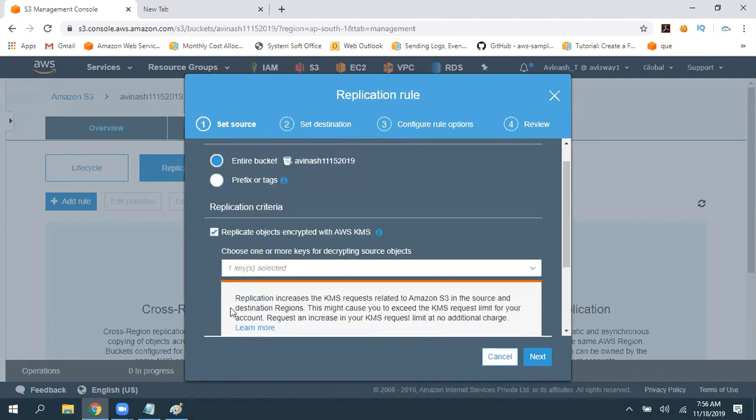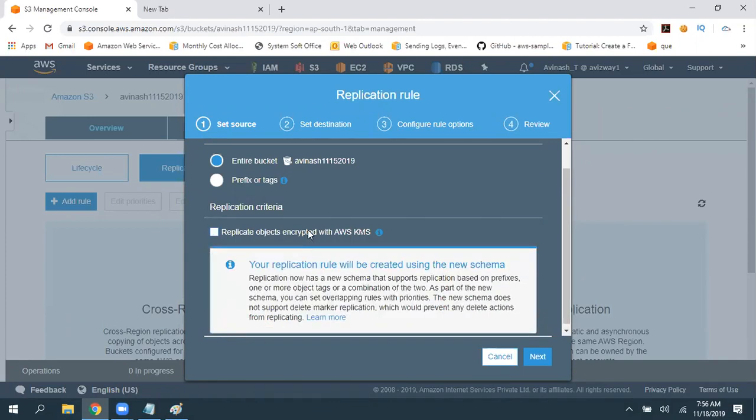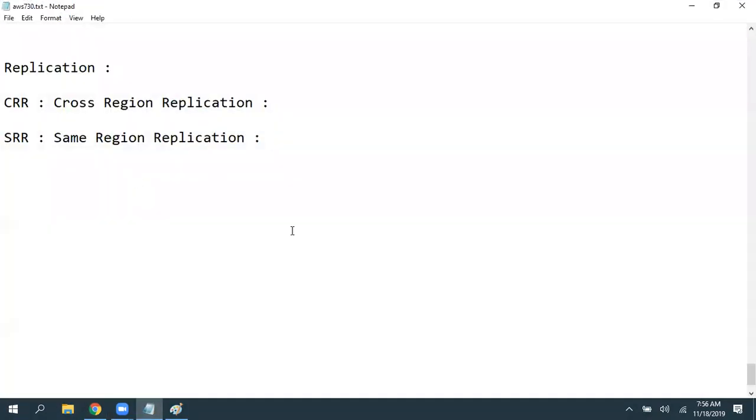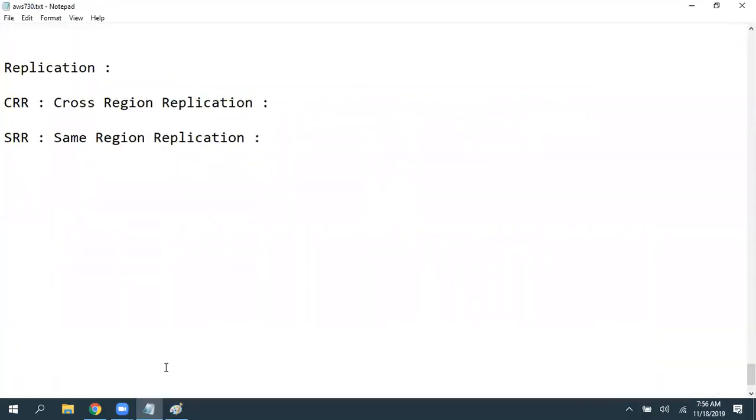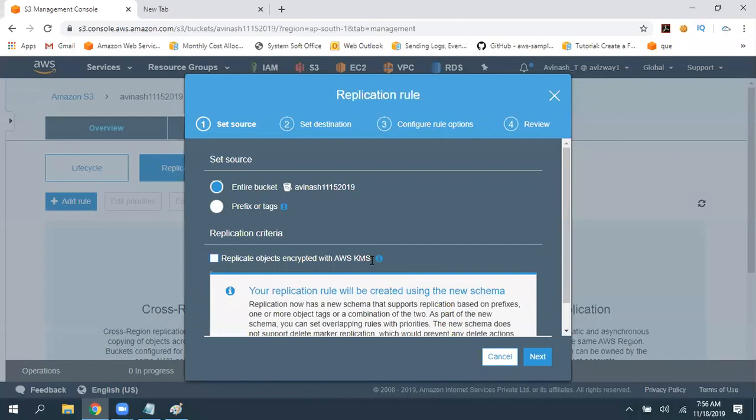So data is going to be replicated with that particular KMS key. Again, I put that in disable state. So if you want, while it is in transit state, to replicate with encryption, you can select a KMS key. Otherwise, just leave that blank.